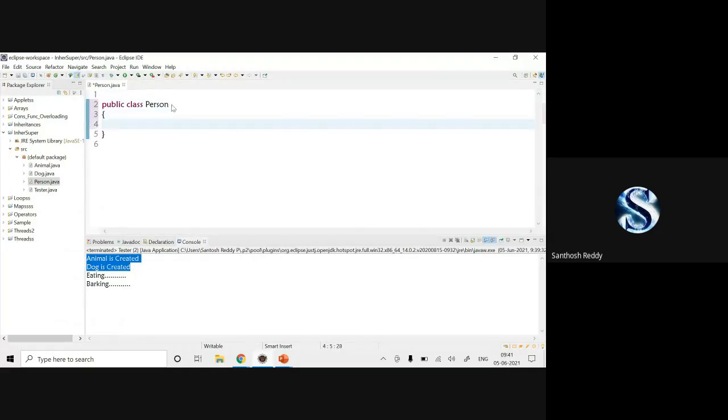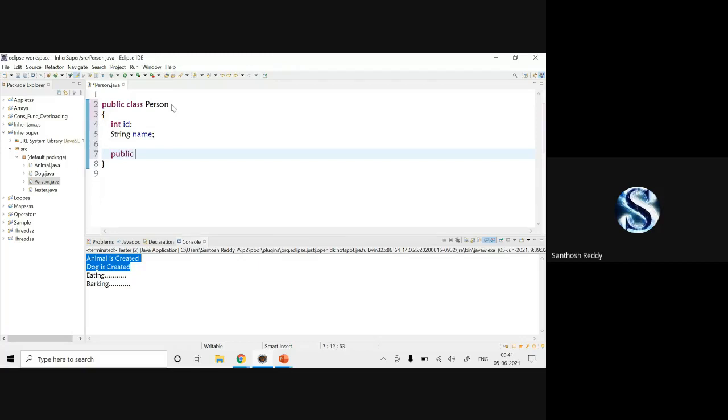Okay. In the person class, what I'm going to do, I'm going to use two variables. One is of int data type, another one is for string data type. For the int data type, I'm going to use an id. For string data type, I'm going to use a name. And I'll give semicolon. Now I'm going to create a constructor.